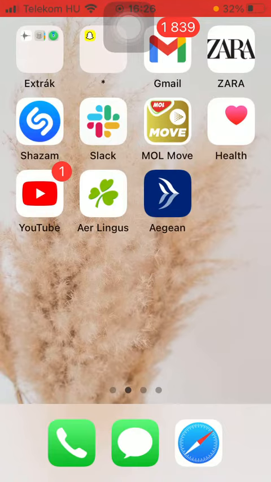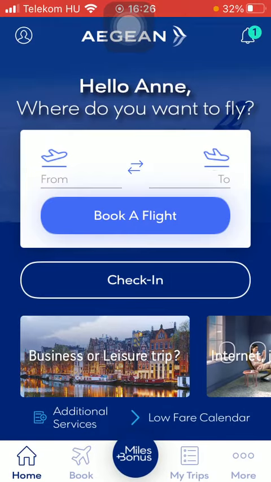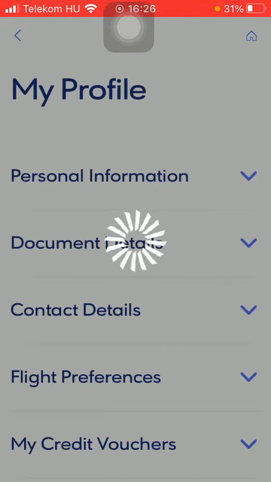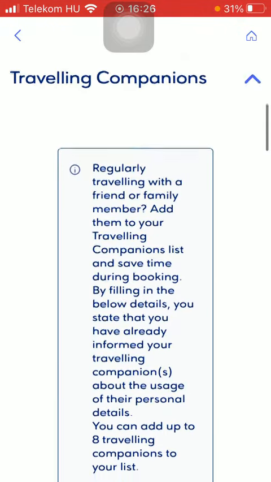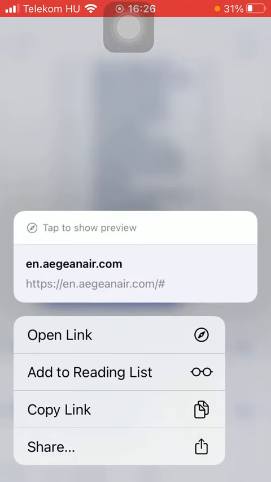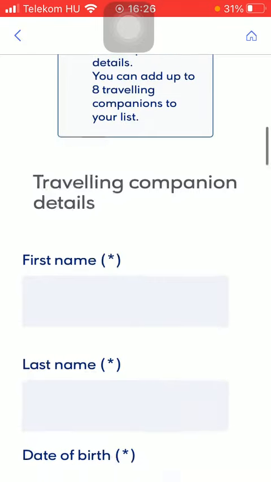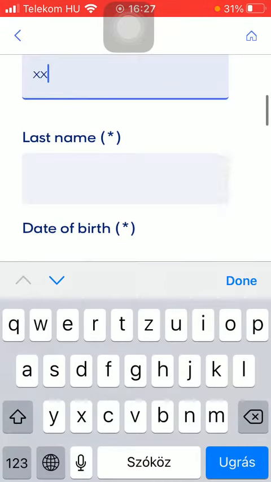First of all, open the app on your phone, tap on the home button down below in the left side corner, and then click on this profile icon in the upper left corner of the screen. After it is loaded, then you should scroll down a bit and tap on traveling companions, tap on add travel companion, and then you should type in the first name, last